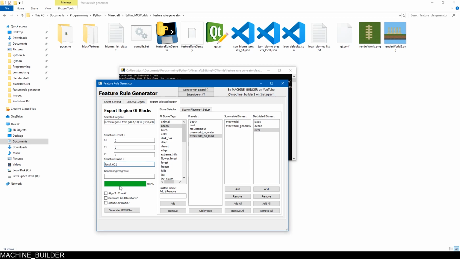So I'm going to set it to that. You can align your structure to the chunk, which basically means, well, when it's not ticked, the structure will be spread out randomly throughout the chunk, but when it is ticked, it'll be in one spot. So we're going to leave it unticked so it's more random, and then you can press generate all 4 rotations,